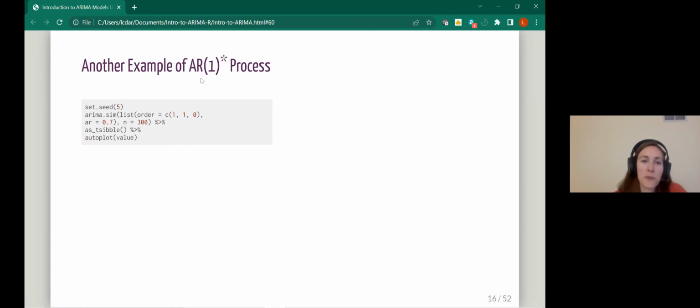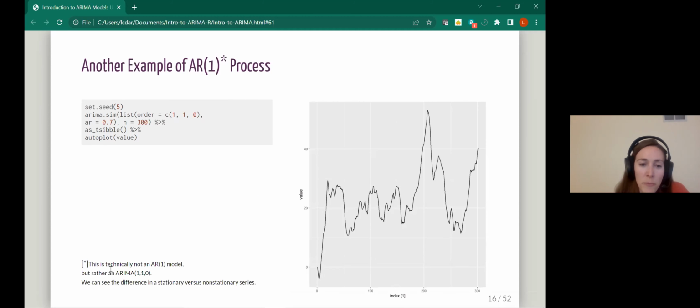Okay, so I debated whether to put this in under the auto-regressive section, as you can see, my little asterisk there, but I wanted to contrast a stationary series, which was the previous one, with a non-stationary one. So note my little footnote here. This is technically not an AR1 model, but rather an ARIMA 1-1 model. So by putting this difference here, the integration I as 1, I'm basically saying, hey, to make this stationary, I need to difference this data. And notice I still have the same AR equals 0.7. So plotting this, right,